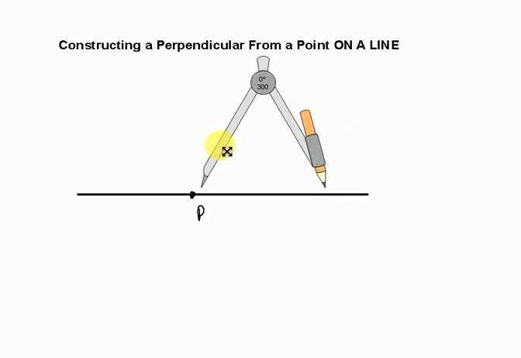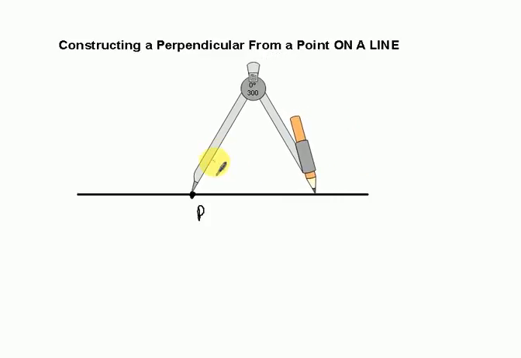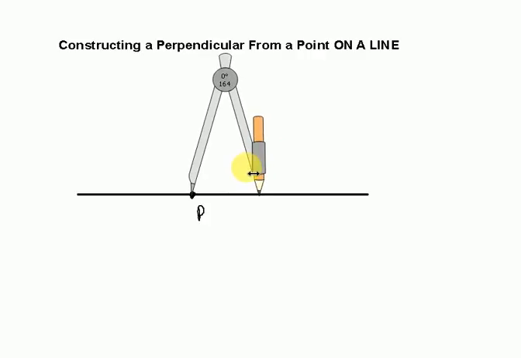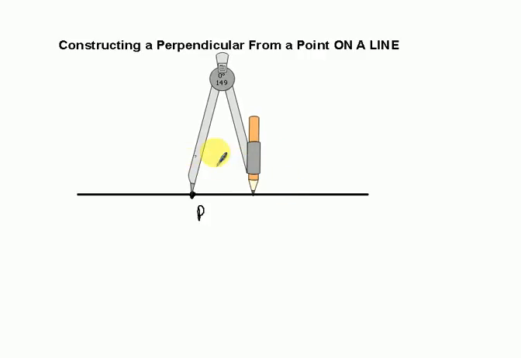So we're going to put our pivot point here to start off on P. And it doesn't matter what radius you choose. So you could go really big, you can go really small. I'm just going to keep it kind of medium right in here. And I am going to